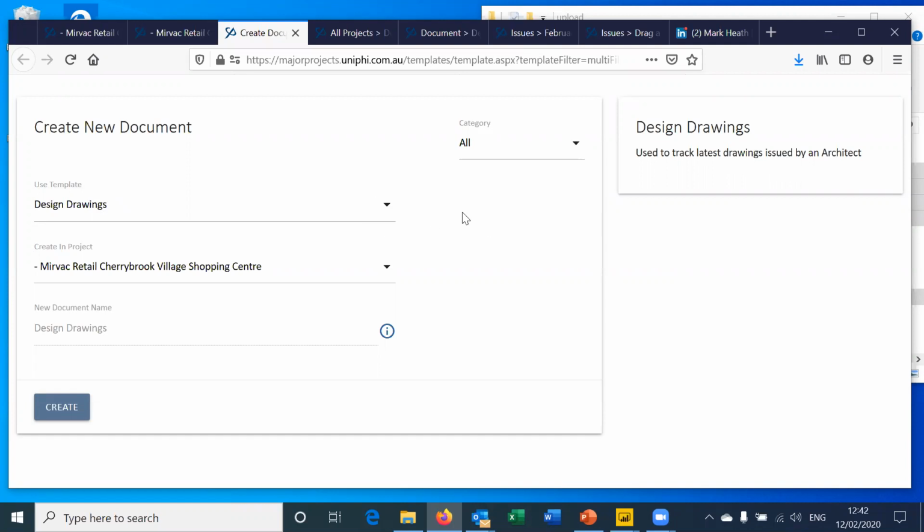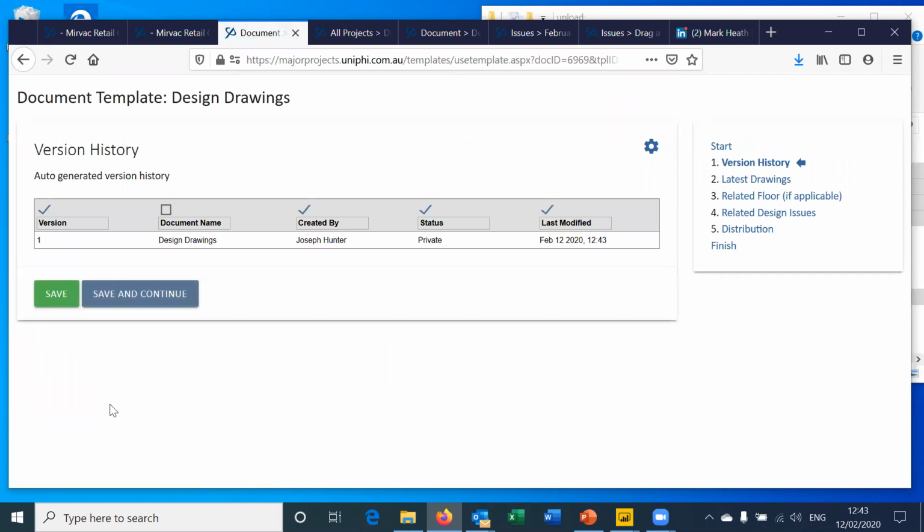Something else I wanted to point out while we're here in this document creation window is you'll see the new document name is grayed out. If I click on that eye, it says document name will be generated automatically at the finish step. So this is a feature that's been in UniPhi since the last release last year of UniPhi 15, and it allows you to configure business rules that will create the document name based on fields that are available to you within UniPhi. So when that's the case, it appears as grayed out in this document. But I wanted to point that out to you, as not all our users are aware of this feature as it's relatively new. So I now hit create,